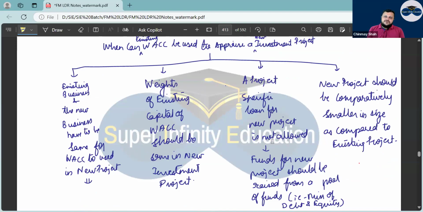Mark this as an LDR question. I don't know why, but I have a feeling that this question will come up in the exam. 7th March, you are in the exam hall. Don't be surprised if this question appears in front of you in the exam. Correct? Very important question from the exam point of view, right?